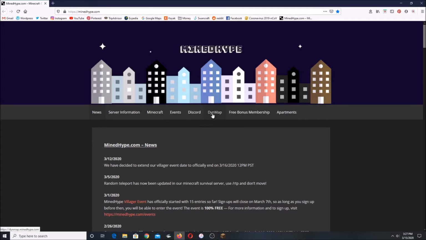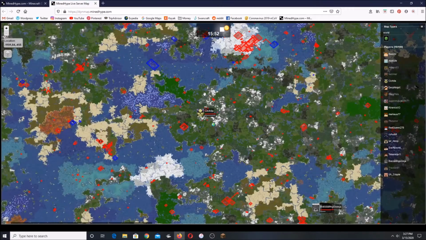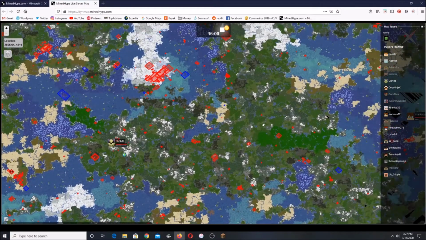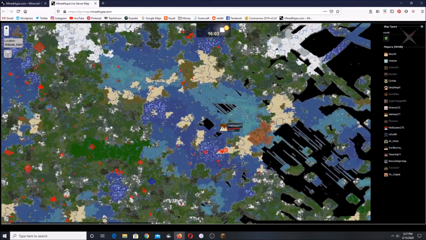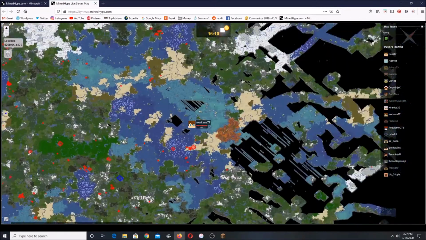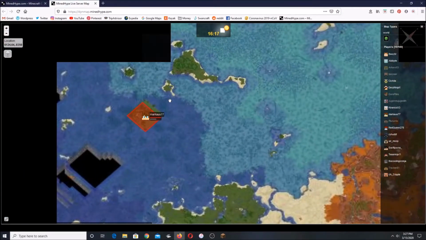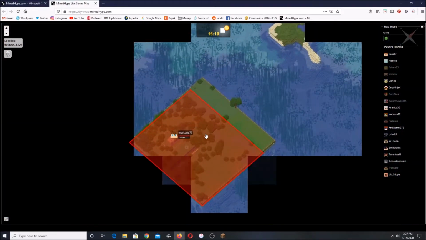And the coolest thing on here is it says Dine Map, but I've heard it as Dynamap before. Anyway, the Dynamap, or Dynmap, however you say it, shows you where all the players are when you're playing the game. So right now, I'm on this base, and if you zoom in, you'll see my base, which I tried to